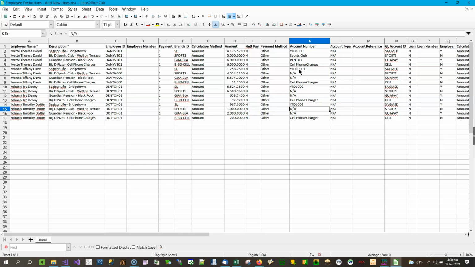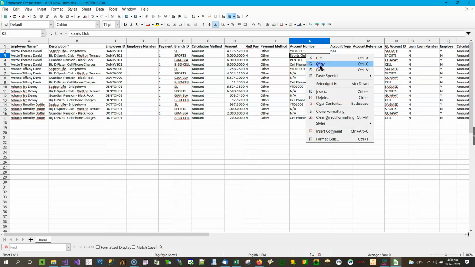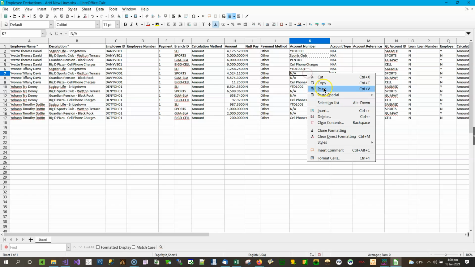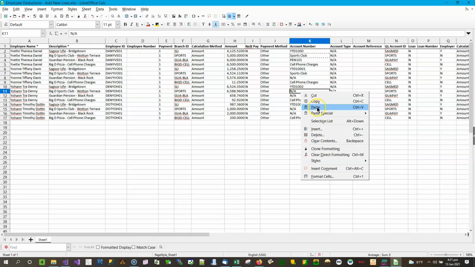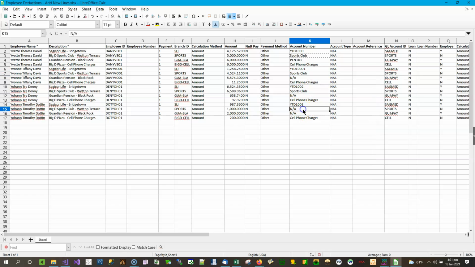Sports, we'll use Sports Club. Paste, paste, and paste. And then we have the Guardian, just call it PEN 102, PEN 102,